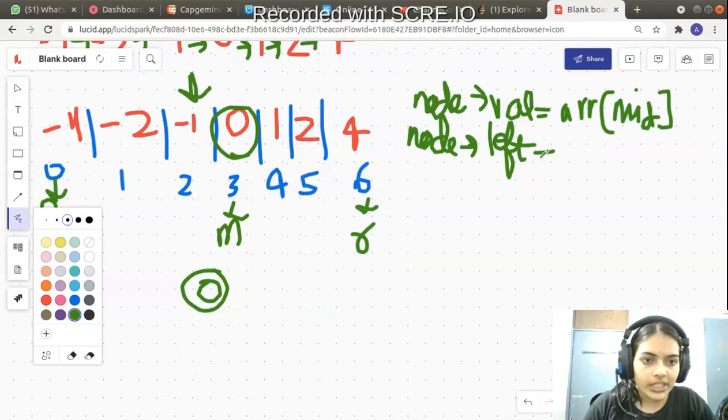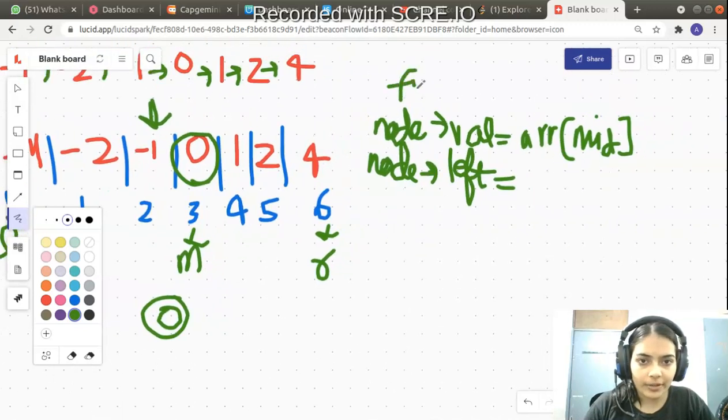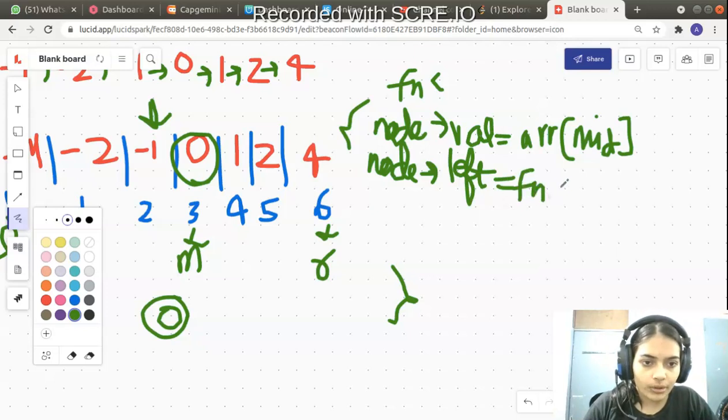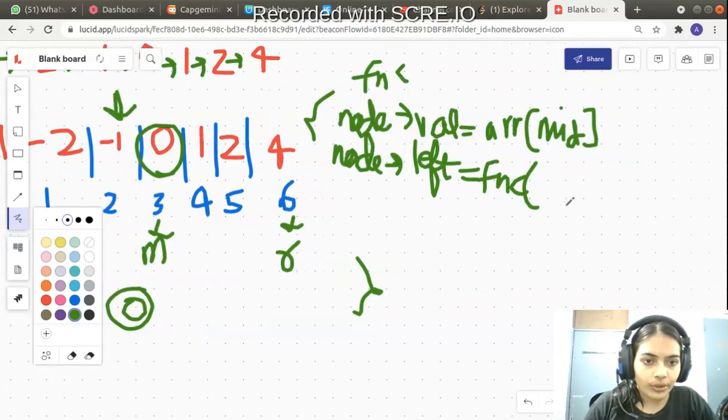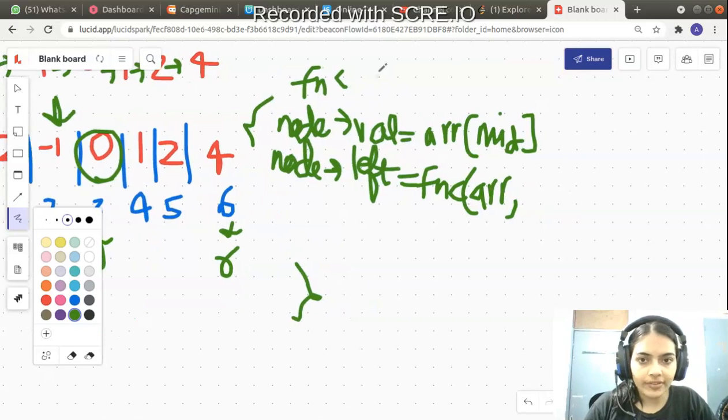Okay. Then node's left. How do you declare the node's left child? For that, you will have to do a recursive call. Let's say this is our function. Let me write fnc for short. The entire code we will code out; this is just a simple piece of code, and we are going to write the exact code in some time. So for node's left value, you will make a recursive call to this function. We are definitely going to pass this array in that recursive call. The function is going to take 3 parameters: array, left, and right.